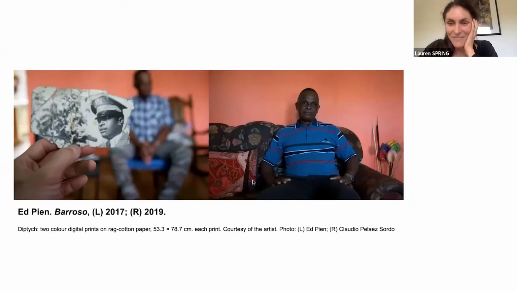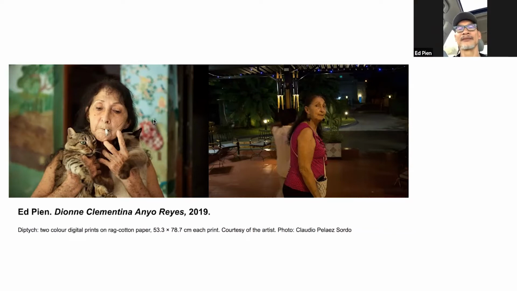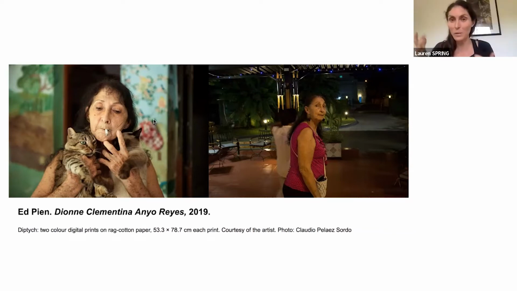Okay, let's take a look at another diptych photograph we have here. This is Dion, another participant in Ed's project. And Ed, feel free to chime in, but I remember one of the things you shared with me was how interesting it was for you to observe folks in their domestic space because you got to know them so well. You were almost a bit of a fly on the wall. You could get a sense of what they were like on their own, and then as they're preparing to go out and present themselves to the world in this exterior space.